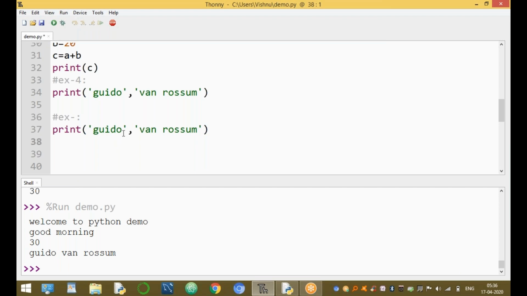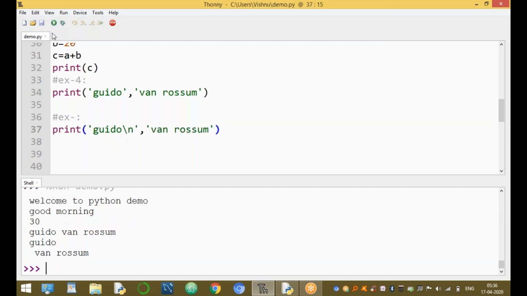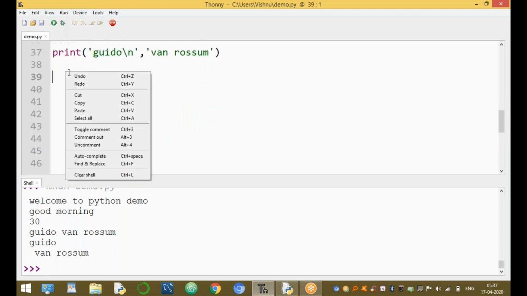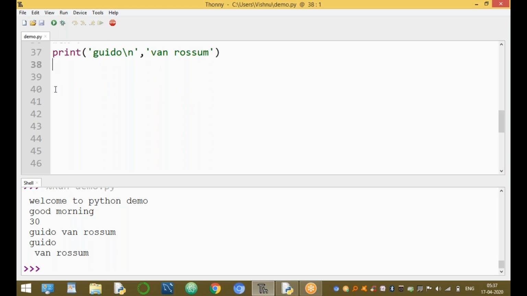Here we are using the \n symbol for a new line. The first value Guido is printed, and then it goes to the new line because of the \n symbol. This is an example of printing messages or values, with the end value by default.